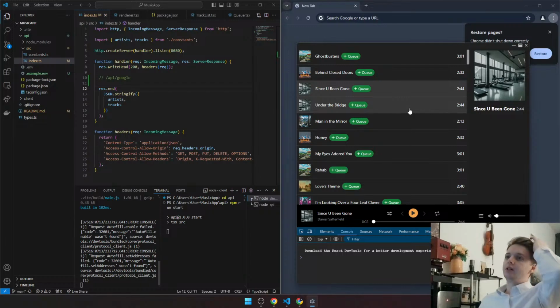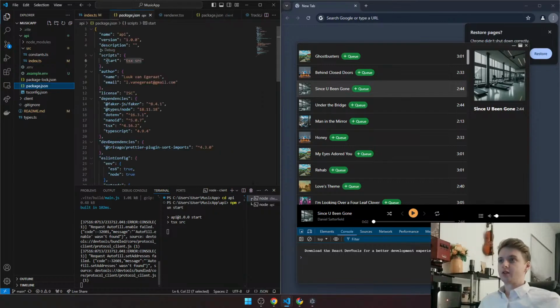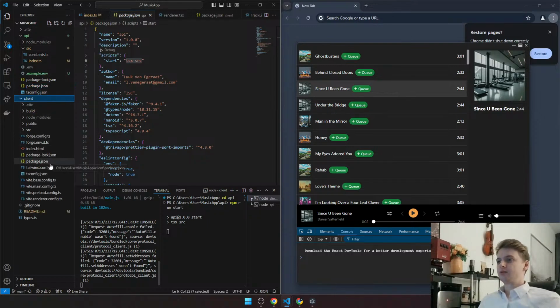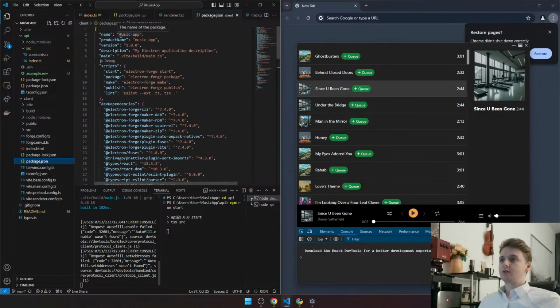Also, I've been thinking about a name for this app. Because yeah, obviously I'm not going to call it Spotify. I'm going to think of something else. I've been calling it music app, as you can see here, music app. But that also I don't really like as a name. So let's maybe call it shower singer,